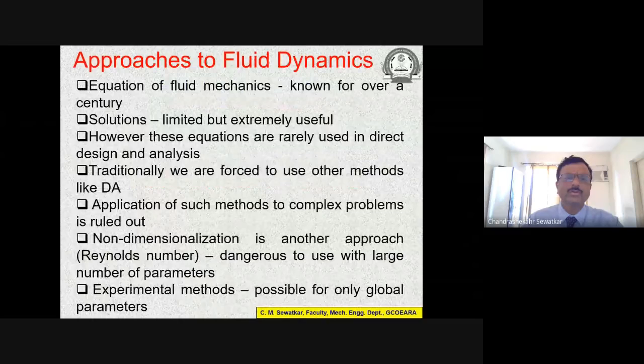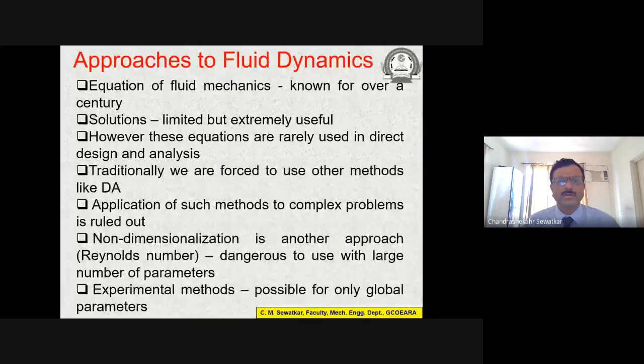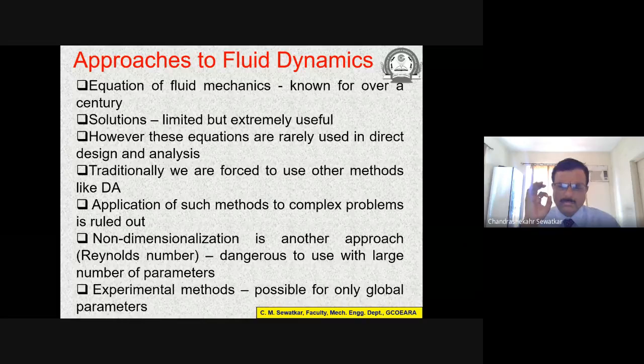So I am going to take you through, to revise very briefly, whatever has been covered so far by Professor Atul Sharma and Professor Nangaonkar yesterday. Essentially, there are several approaches to fluid dynamics. Let me clarify at the beginning itself that